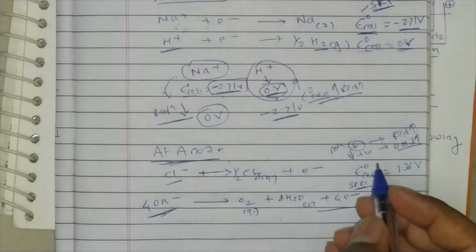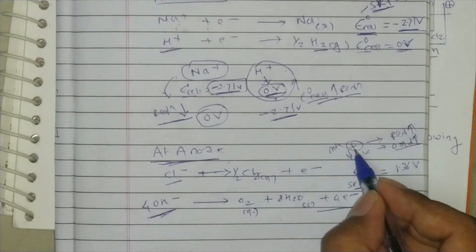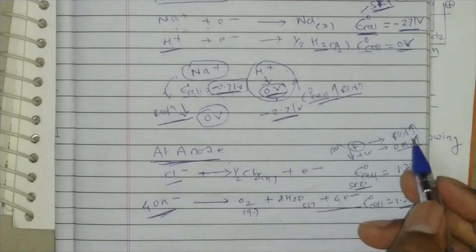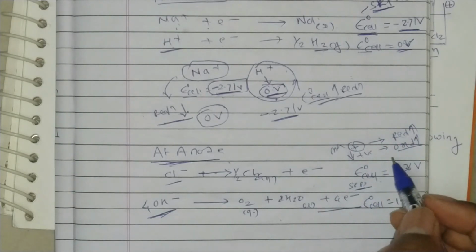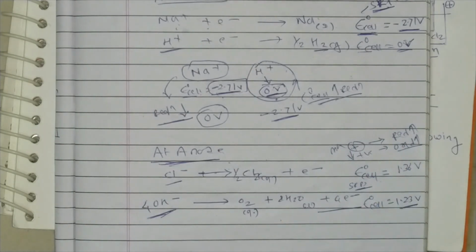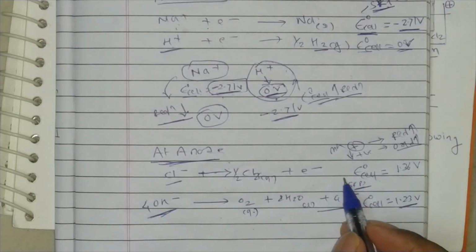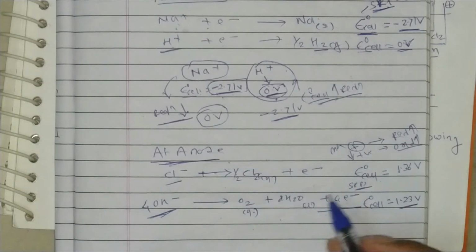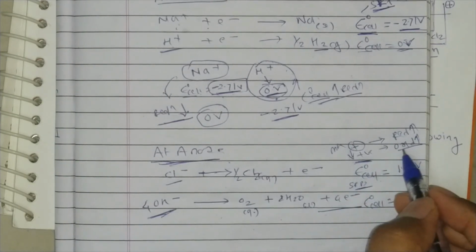समझ में आ रहा है कि नहीं? क्या हो रहा है कि अगर किसी सेल का रिडक्शन पोटेंशियल पॉजिटिव में ज़्यादा है, तो वो रिडक्शन में इजीली जाएगा. अगर उसकी वैल्यू पॉजिटिव में कम है तो उसकी रिडक्शन में जाने की टेंडेंसी नहीं है, तो वो किस में जाएगा? ऑक्सीडेशन में. और एनोड पे हो क्या रहा है? ऑक्सीडेशन. इसका मतलब यहाँ पे जो दो रिएक्शंस दिए, इसमें से जिस भी रिएक्शन का स्टैंडर्ड रिडक्शन पोटेंशियल कम होगा वो प्रिफरेबली ऑक्सीडाइज होगा.